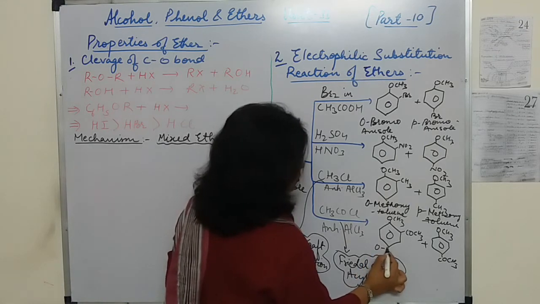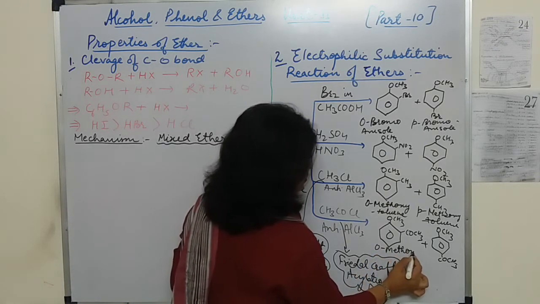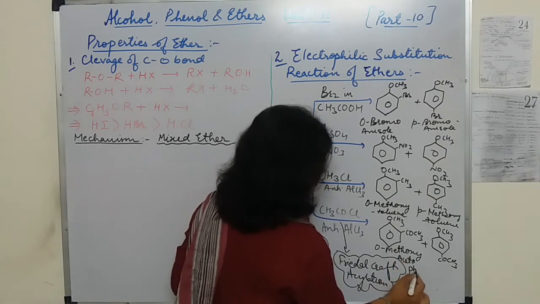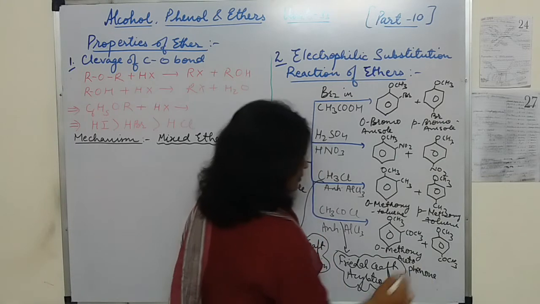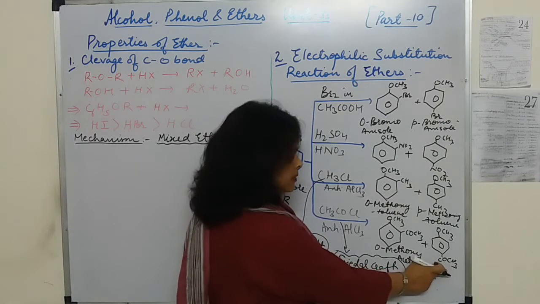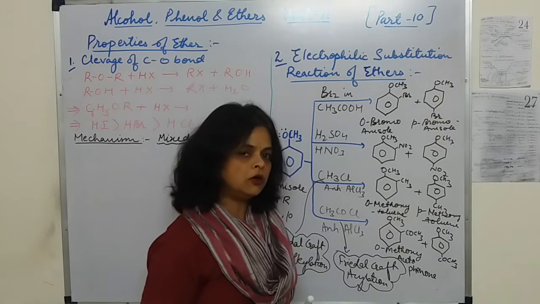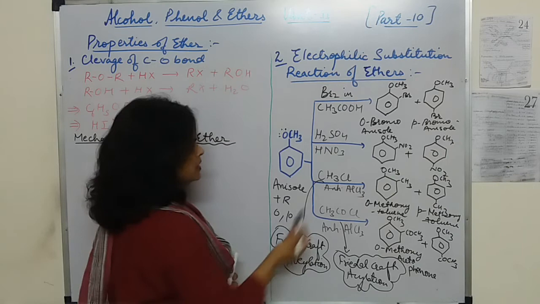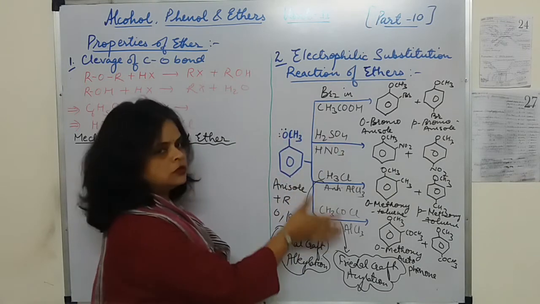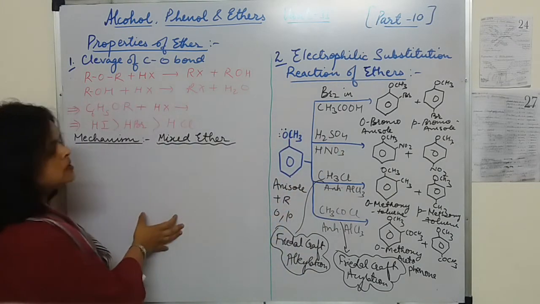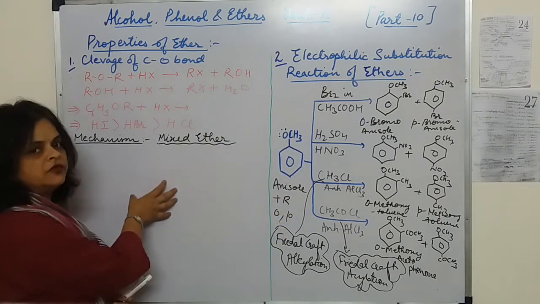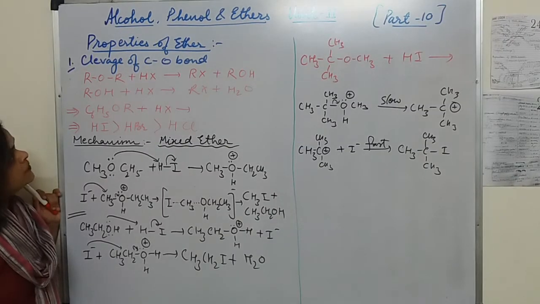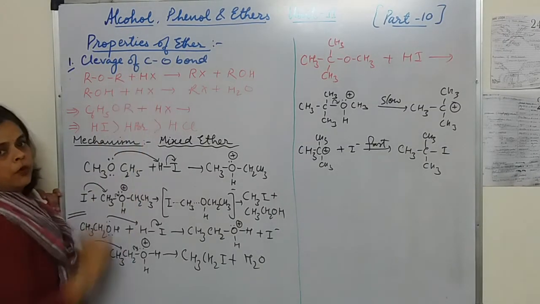Okay, now if there is no methoxy group, then it is acetophenone, and here at ortho, so you will write down its name: ortho methoxy acetophenone. And the name of this compound will be para-methoxy acetophenone. So we are having 4 EAS reactions of ether that you can easily remember. So I should rub this board so that we can use this part for the explanation of the cleavage of the C-O bond.